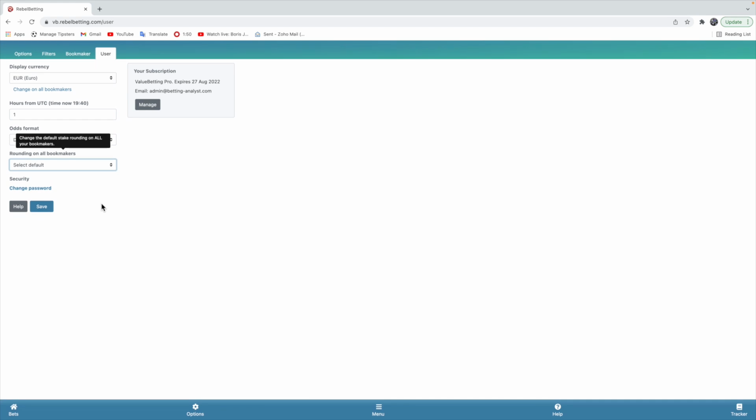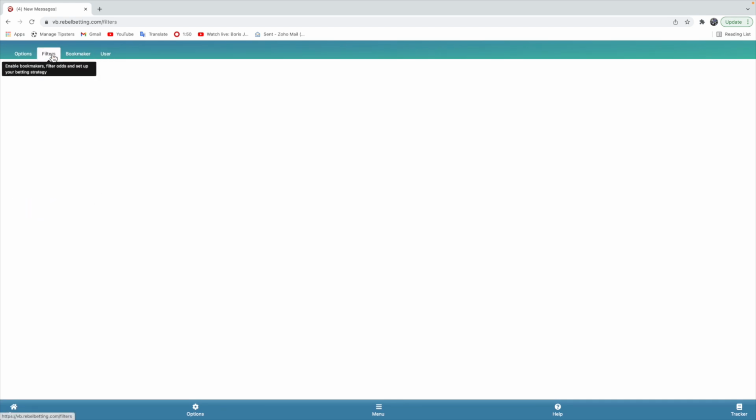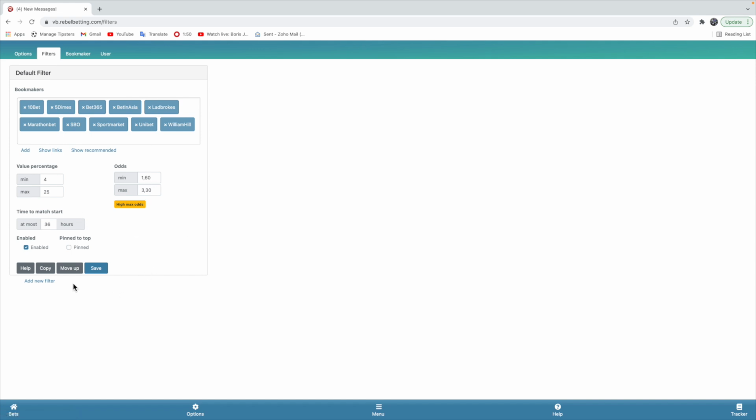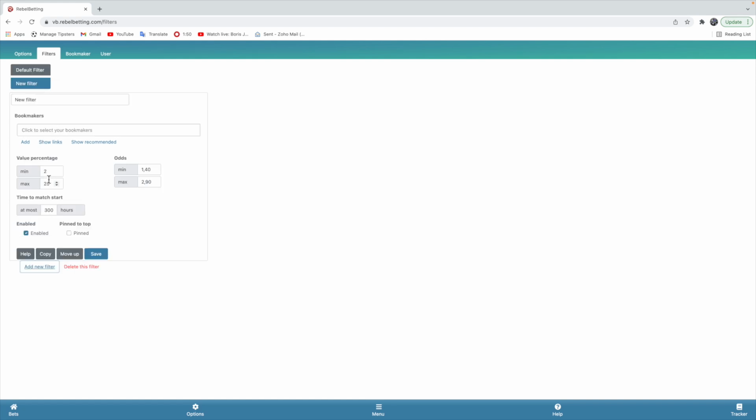One thing I wanted to mention is that going back to the filter, if we click this, it is their recommended filter. So they say 2% to 20%, whereas I said 4 to 25. They said odds minimum 1.40 to 2.9, whereas I said 1.60 to 3.3. This is where we have a slight difference of opinion. And the match time, I put in 36 because I don't think